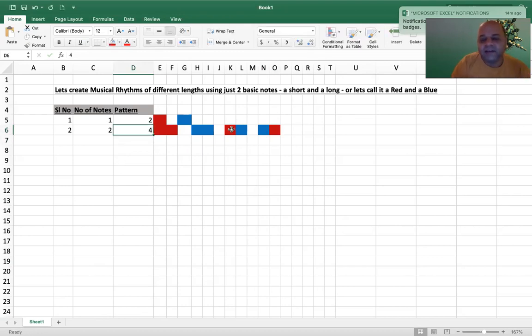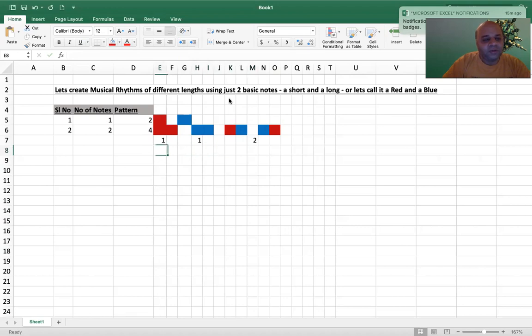But out of that, this pattern and this pattern will be very similar to the eye because you are repeating them, right? So you will not be able to tell them apart. So what is the repeating pattern if you do it? It is brown, red, blue, red, blue, red, blue, red, blue. So both of them will appear to be the same, right? So you will say that, okay, there is one of these, and there are 2 of these. So we'll put it somewhere in the middle. Okay. So these many rhythms you can create, right?